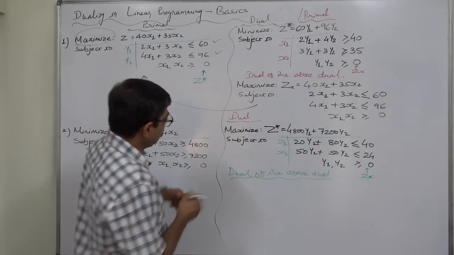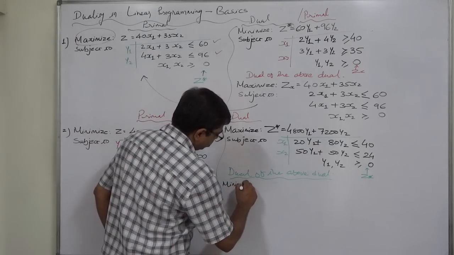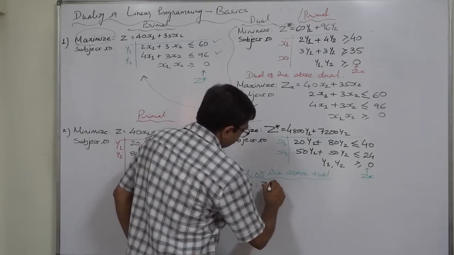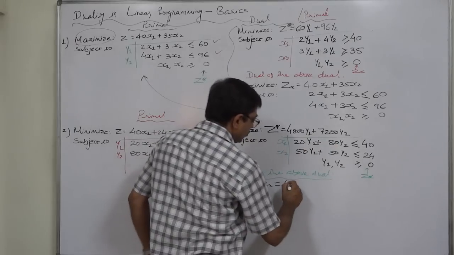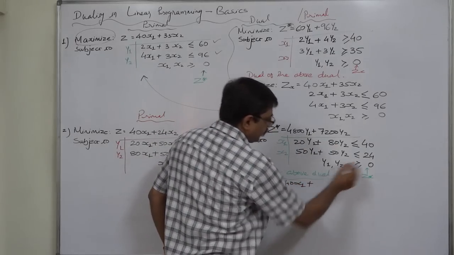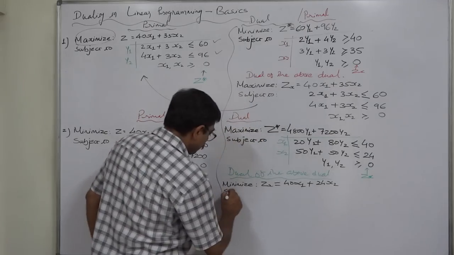So against maximize, the objective will be minimize. Z or zx will be 40 into x1 plus 24 into x2, subject to